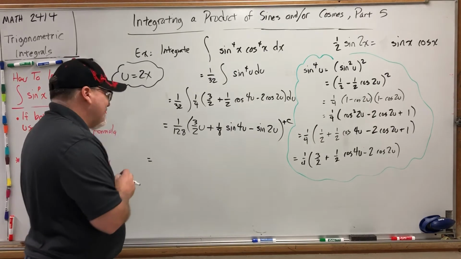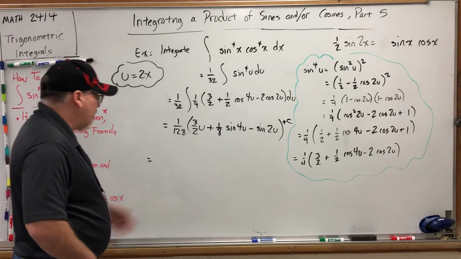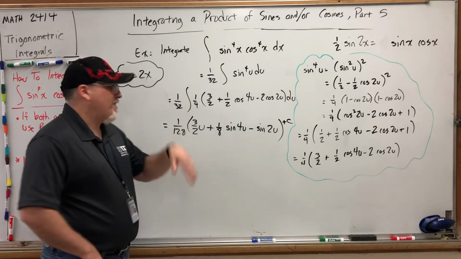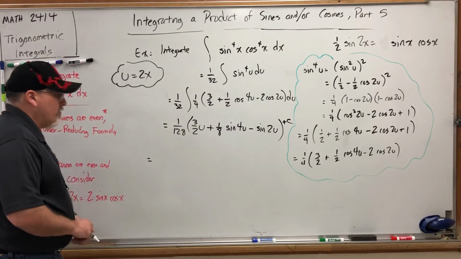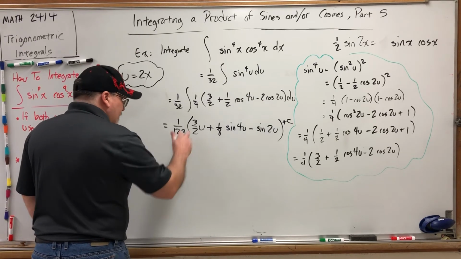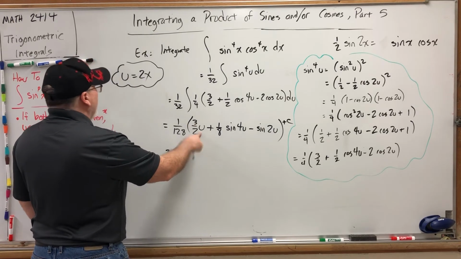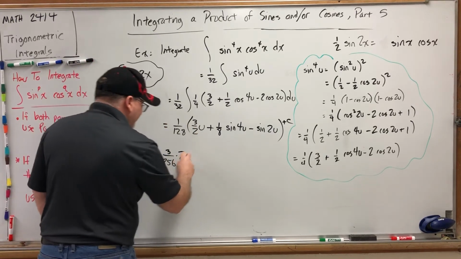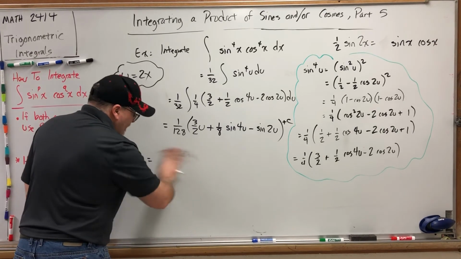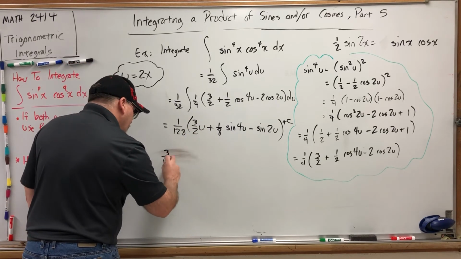All right. I don't know if there's an advantage to distributing the 1/128th, but if I've got some fractions factored out, but not all of them, I should either factor out all fractions or not factor at all. So I'm going to redistribute the 1/128th, and that will give me 3 over 256 u, but u is holding the place of 2x. Great, so I got to clean that up. Actually, let's be a little bit more efficient about that. If I put the 2x here, the 2's cancel, leaving an x, so I get 3 over 128x